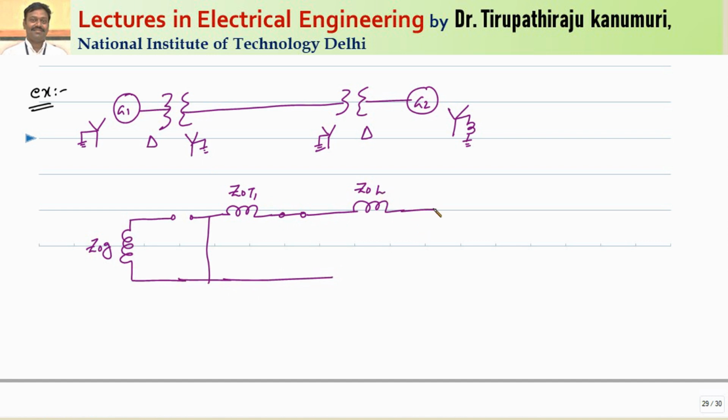Done. So now coming again to the transformer, the primary side is star with solid grounding, so automatically the switch is closed. That switch has zero impedance, and this is my zero sequence impedance of transformer T2. Now coming to the secondary side of the transformer, it is delta connected, so the series switch is open, but the shunt switch is closed.